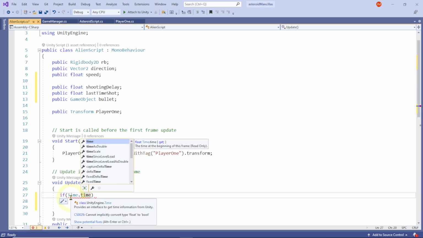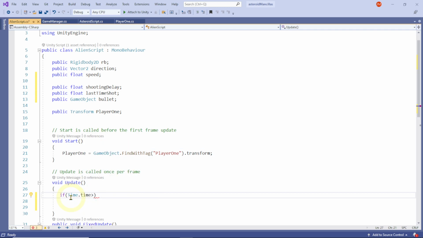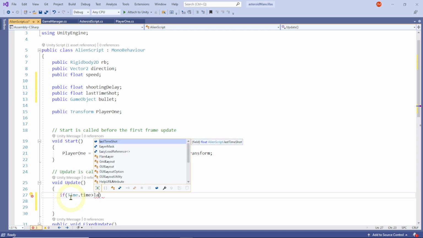Okay, so Time.time, what it's doing is it's looking at, when you first hit play, there's a clock, an internal clock. When that starts, that's when this Time.time starts. Okay, so I'm telling it, hey, when the Time.time is, and we're going to go with, I think I'm getting my symbols right, so I'm going to check it here before I verify it. So if Time.time is greater than the last time I shot,